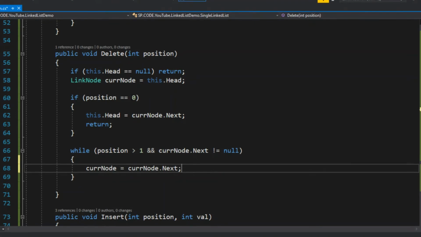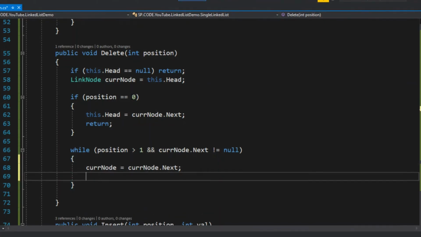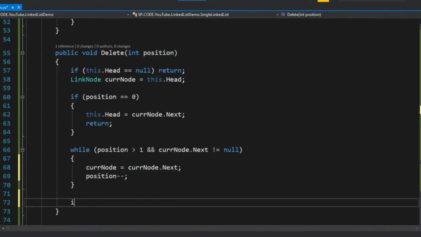next. So here we will move each and every item till the end of the list, and as soon as we reach the tail node we will move out of this loop. And try to reduce the position. Now check if it's a null node, right? It should not be a null node.